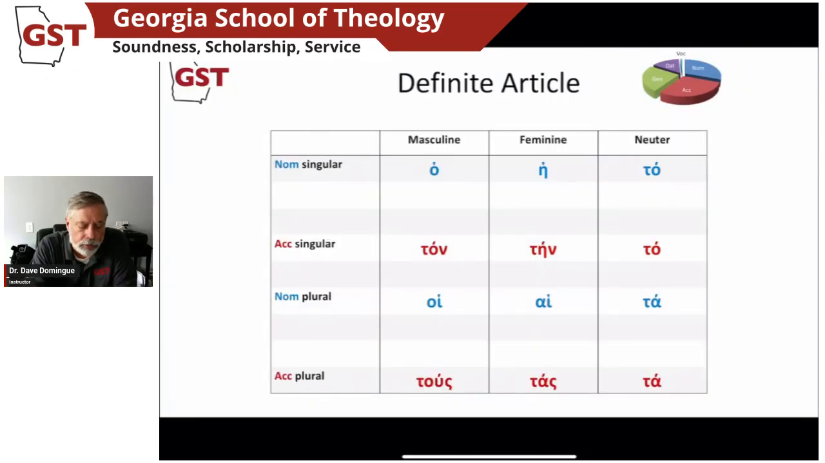And let's reiterate the definite article: ho, hē, to, ton, tēn, to, hoi, hai, ta, tous, tas, ta. That's what you want to learn. And you can see the same thing: it ends in a tau. These are the same endings. This is the article for, let's say, euangelion, right? I won't spell it all out. Euangelion, or the plural